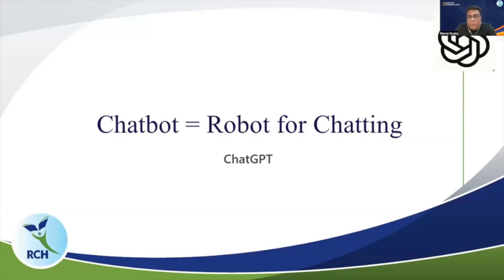Okay, so there are two parts. One is called human workforce. Like all we humans, we are called human workforce. In a similar way, the bot that is working for us is called digital bots. You can say robots, digital bots, both are the same thing. So you can say robot or bots or digital bots. So a chatbot is basically a robot for chatting, digital bots for chatting, and that is how ChatGPT has evolved further and further. In a nutshell, you can simply say ChatGPT is an AI-powered chatbot.